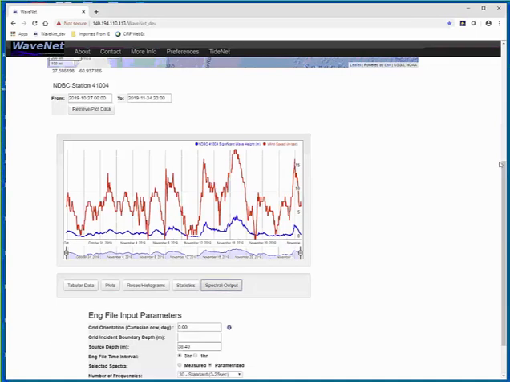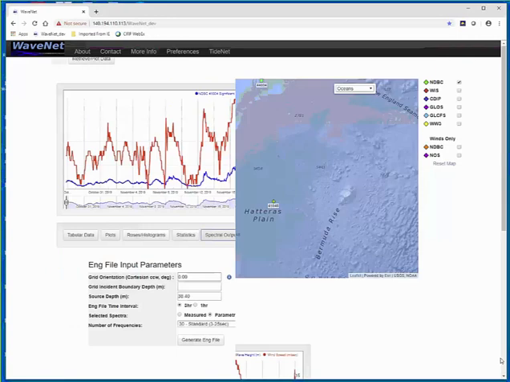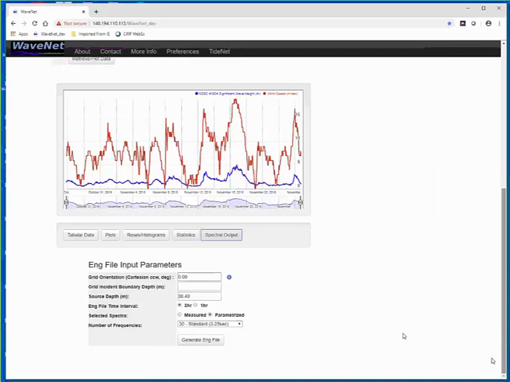Going to the spectral output. This is probably most used in terms of the numerical modeling capabilities. Here you can generate a spectral input file for the CMS-Wave, and other models can be added as long as the file format is specified. Right now we provide for CMS-Wave, and all versions of the ST-Wave basically use the same thing.